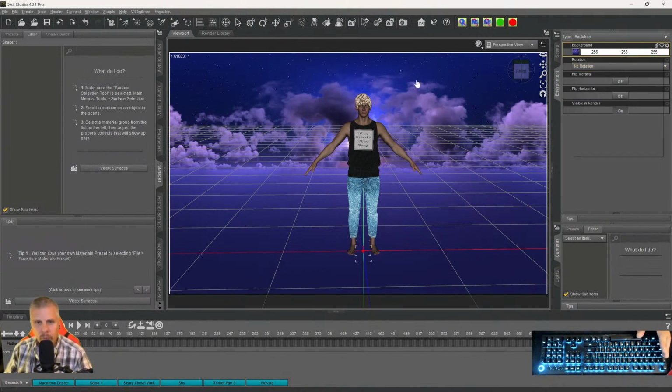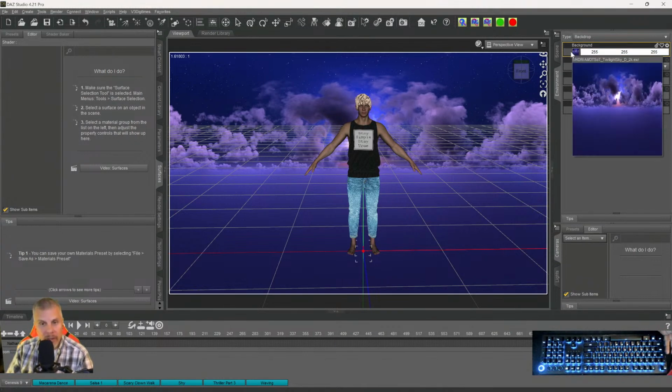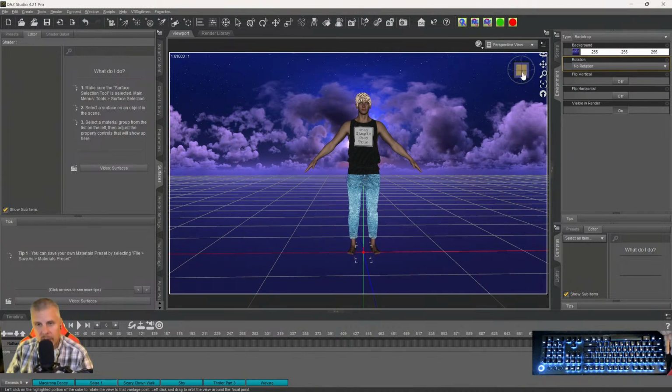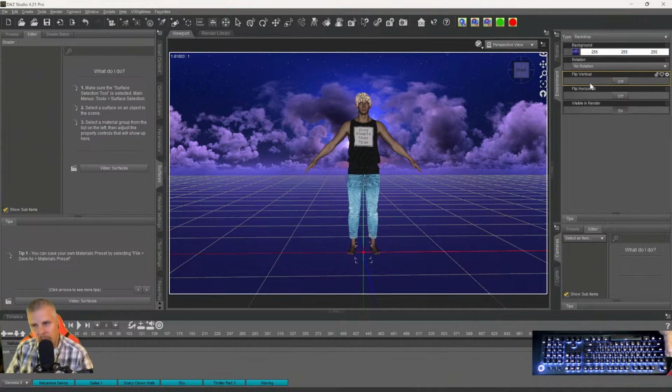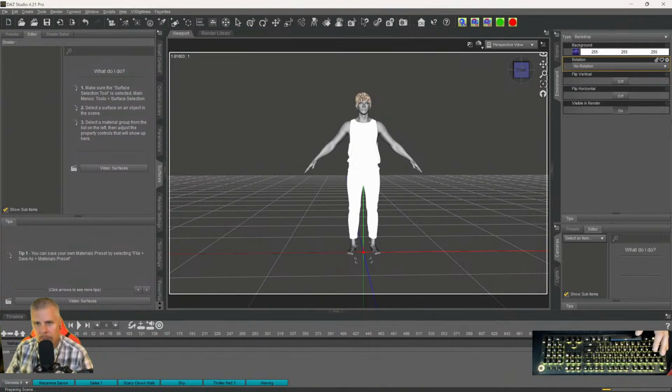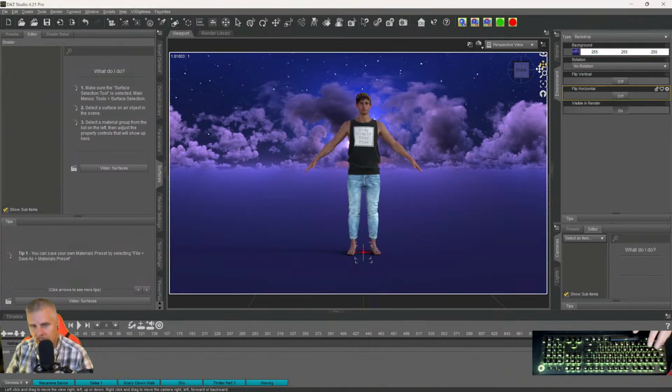Okay, now what we're going to do is, now what I normally do is don't put any backdrop here. Well, let's do that. Let's render this with no backdrop, okay? Because that's harder. As you can see, I can put any kind of backdrop in here. Now we put the backdrop in and Iray, and then we take the environment,